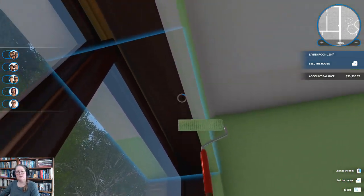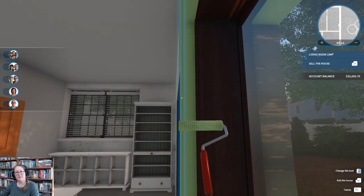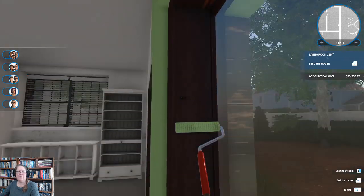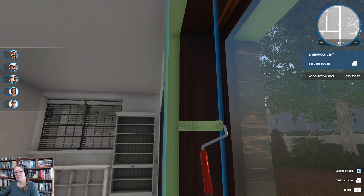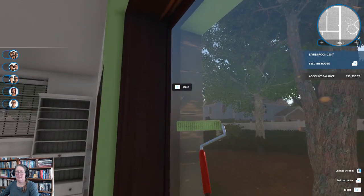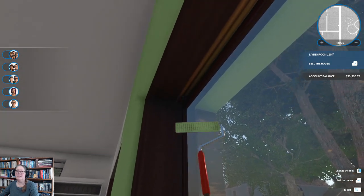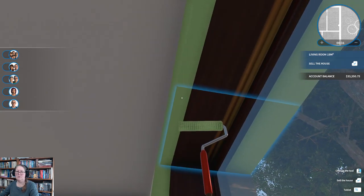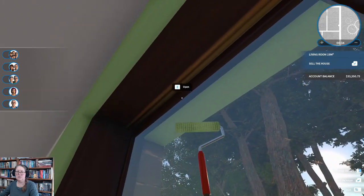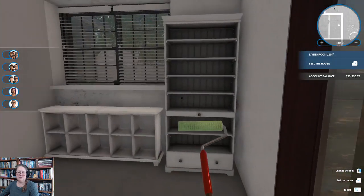And green is soothing, so if we're going to put the kids in this area. Oh man, that drives me nuts. See, what I mean is you can get half a panel around the door on the inside so you can colour it one colour, and half a panel on the outside so you can colour it one colour, but what you can't get is half a panel up here. So whatever colour you put either on the inside or the outside is going to show on the opposite side of the door. And it drives me bats because